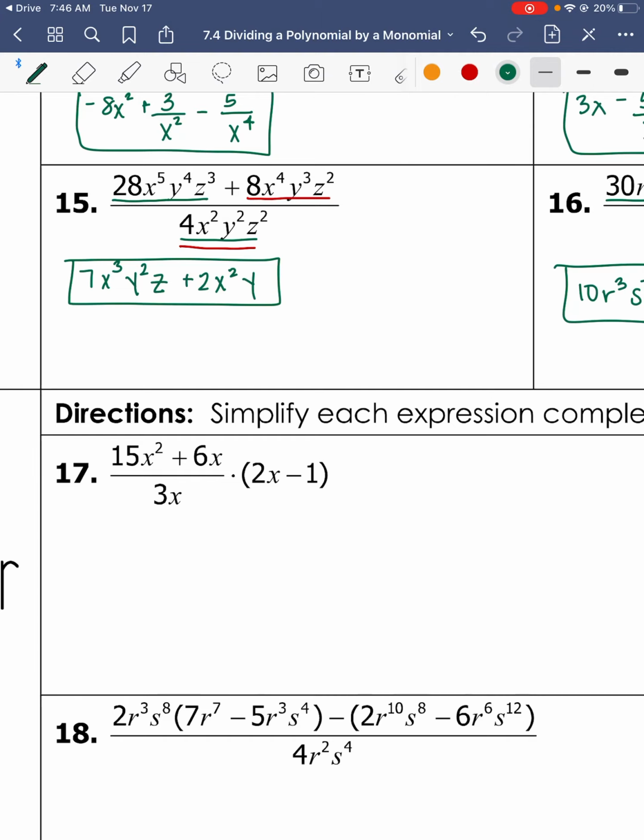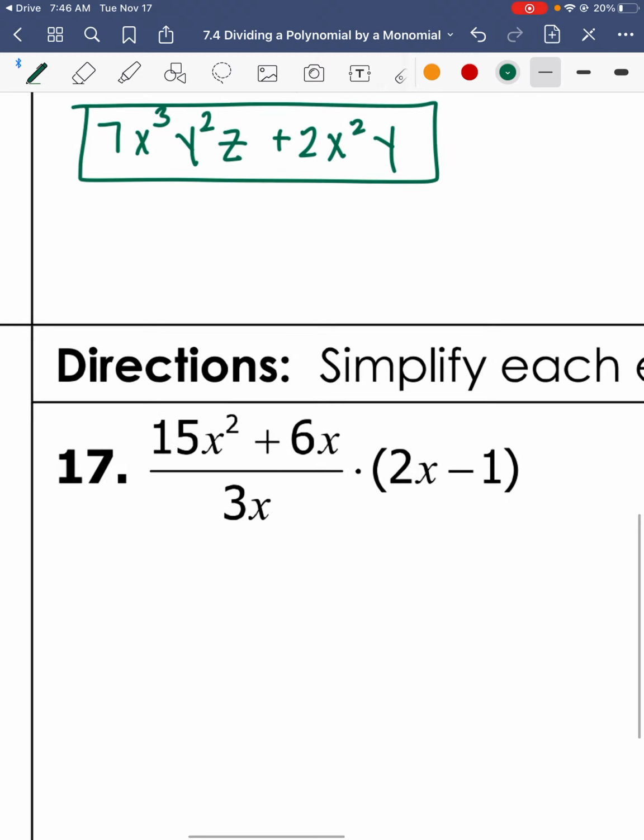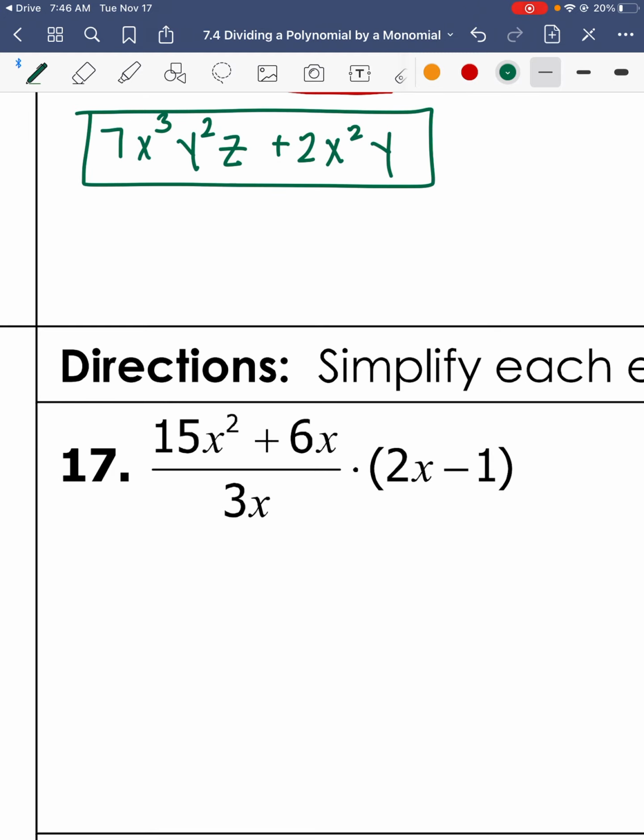So what we're going to do is divide these out here first, and then we're going to distribute. We should get a monomial. No, we should get a binomial, and then we'll have a binomial times a binomial, okay? So let's do that first. Let's look at just simplifying this first